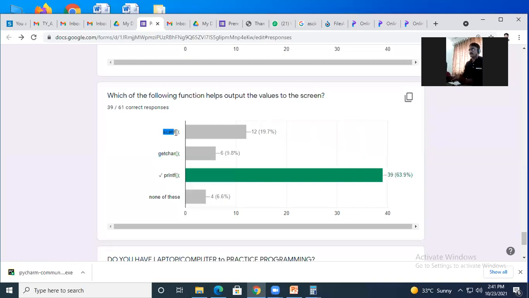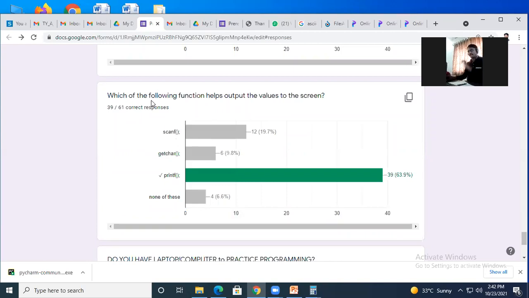No doubt scanf is also doing the same thing. Scanf ने तुम्ही integer, float, character type चे value scan करून घेऊ शकतात, but specifically this getchar is taking value in the form of character, a single character only. Okay, त्याच्यामध्ये integer value ह्या येत नाहीत.